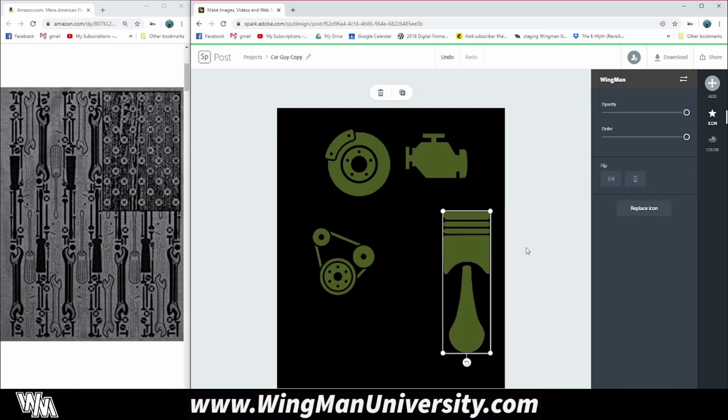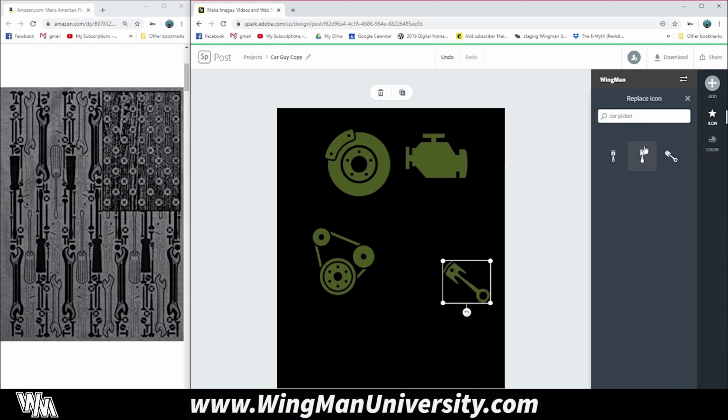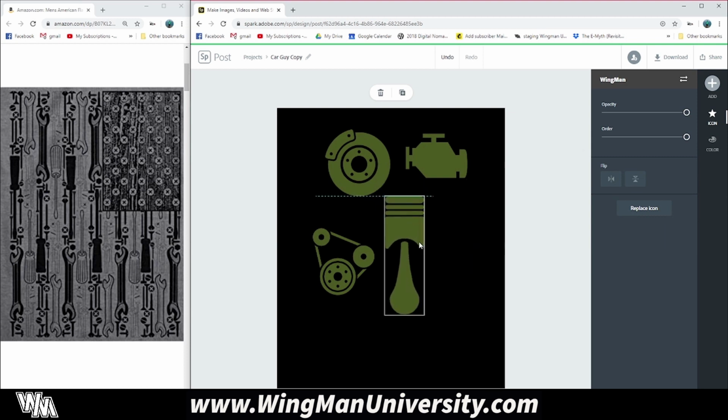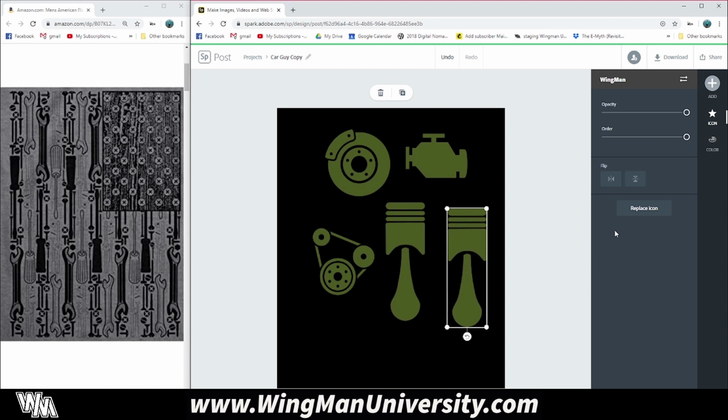So I'm just going to click through, see if there's one that really sticks out to me, see these a little bit more up close. And I like this one in the middle. It's not perfect, but I do think that it will work good for this design. I'm going to duplicate this out,